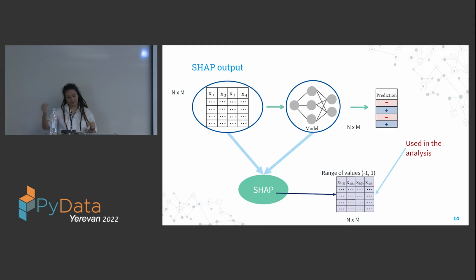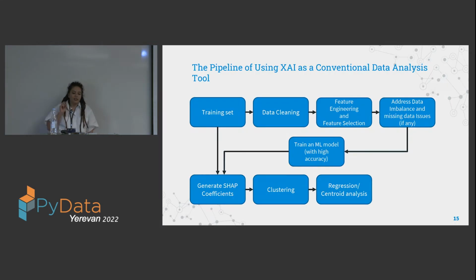input data, but it ranges from -1 to 1. -1 being a negative effect of the feature on the decision of the model, and 1 being the most positive effect of the feature on the decision of the model. For example, if someone was rejected again in the loan, and we have a coefficient for salary of -1, it means salary really negatively affected the decision.